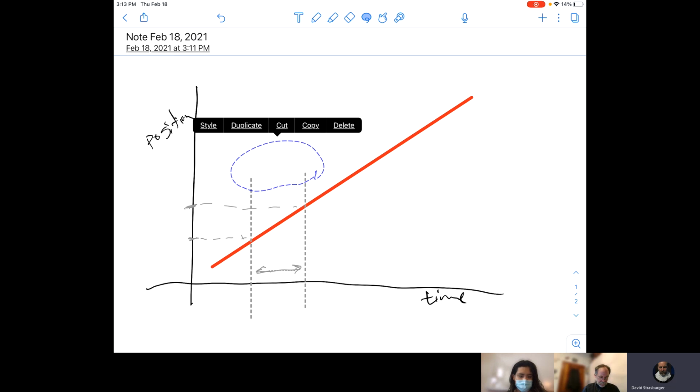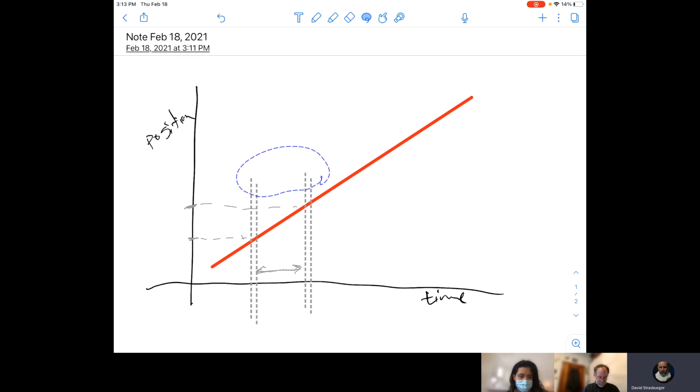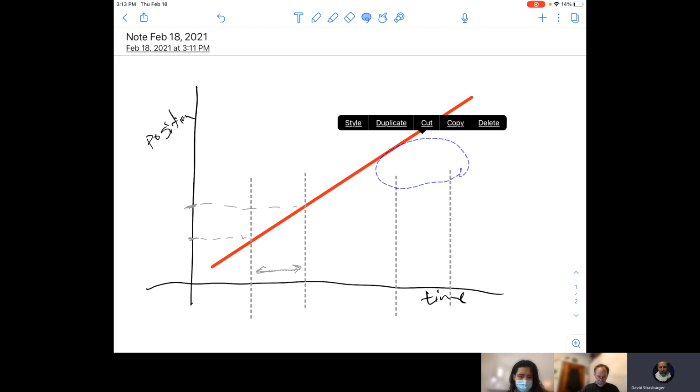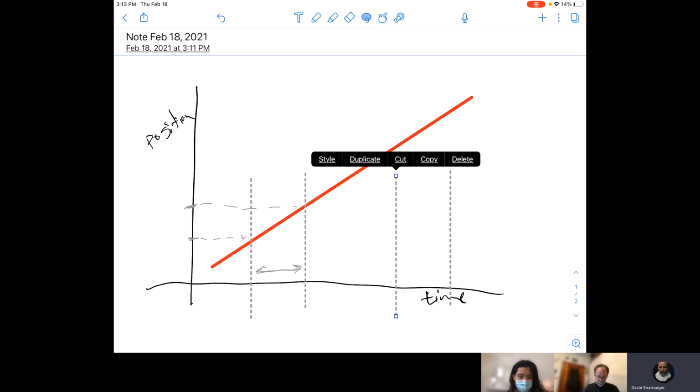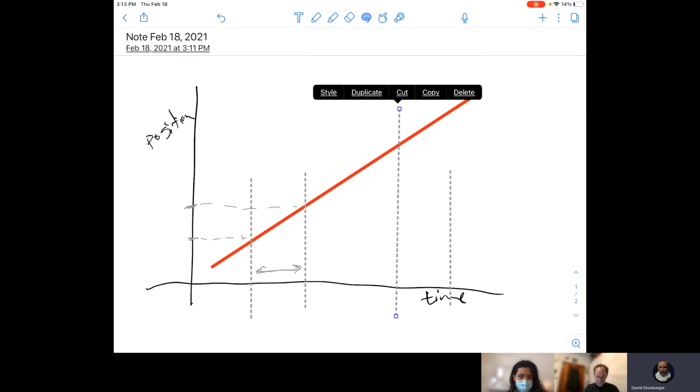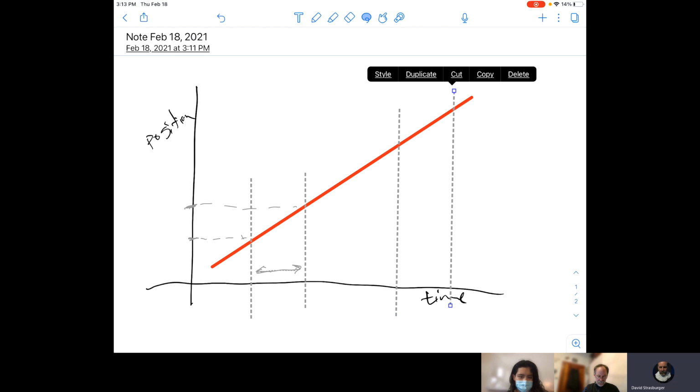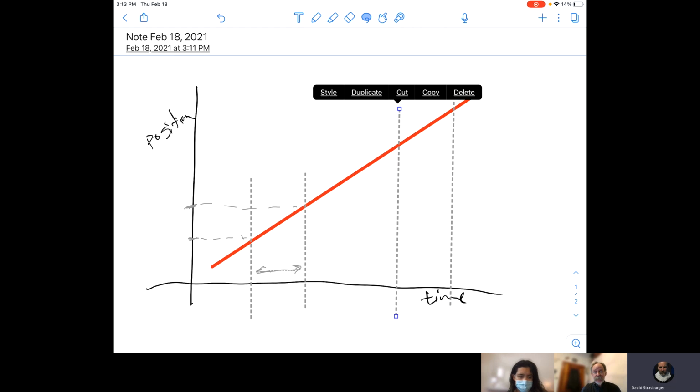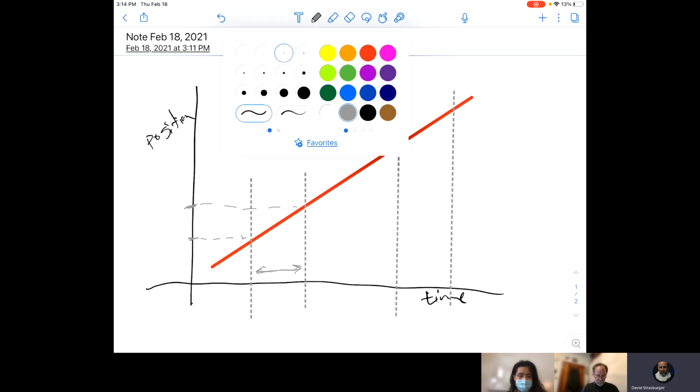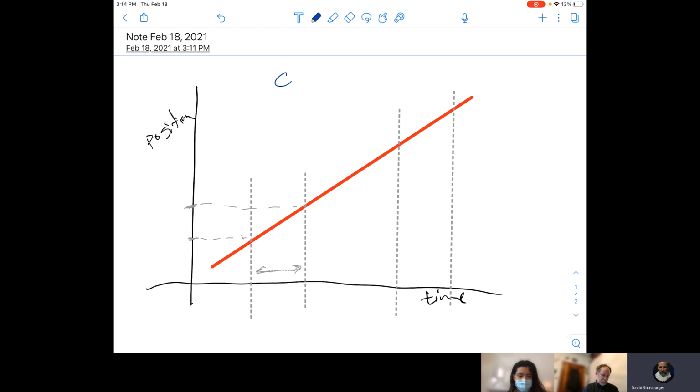If we go like, all right, hey, I'm curious about this other chunk of time that's the same amount of time. Are we covering the same distance during this other chunk of time that's the same length? No. So would you say this is speeding up, slowing down, or going the same speed? I think it'd be going the same speed. Totally with you. So this is going to be constant speed.